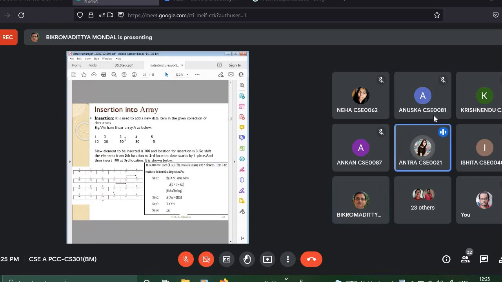Is it necessary to see if there is a free space at the end? Like if there is not a free space, we can increase the size of the array. Not getting your question, can you repeat? So if there is an array of size 5 and we want to insert an element, we can make that array of size 6. Is it necessary to see if it is an overflow or not?